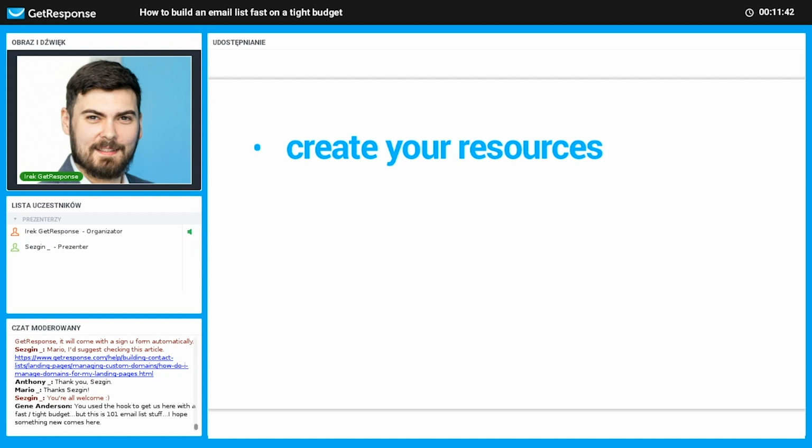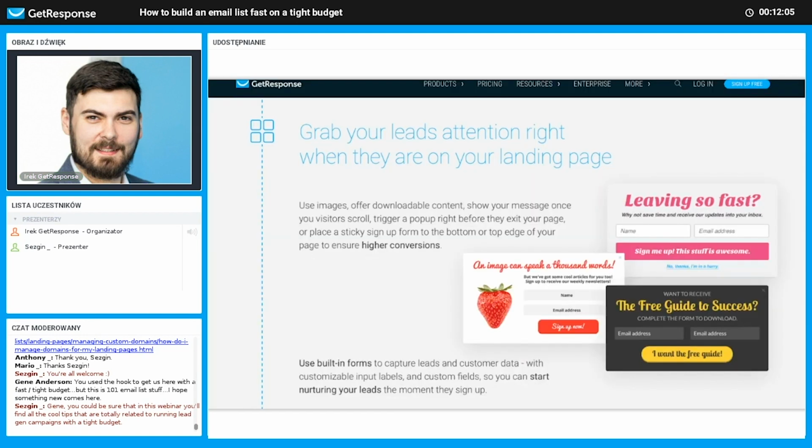The cool thing about the landing page is that you're going to get the link, and then you can use social media or any kind of other online medium to promote it. So you will be able to share the link with everyone, and people will be able to land on your landing page and then sign up. Okay, cool, boom.